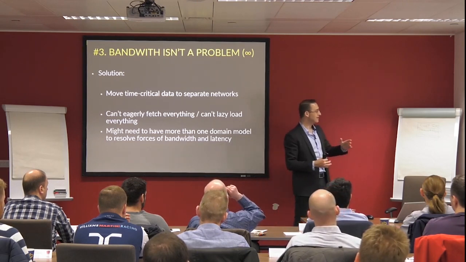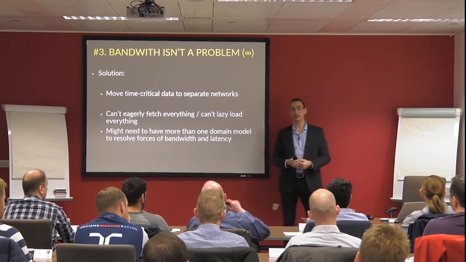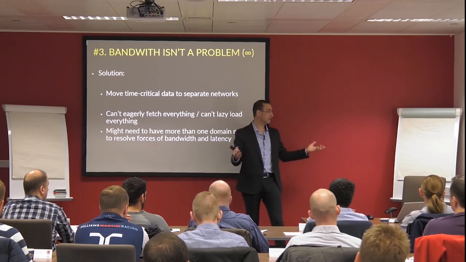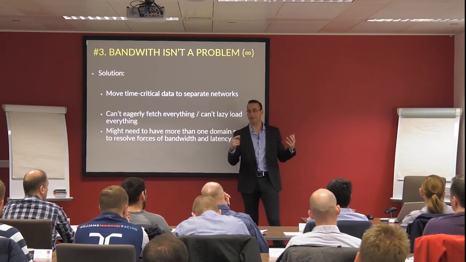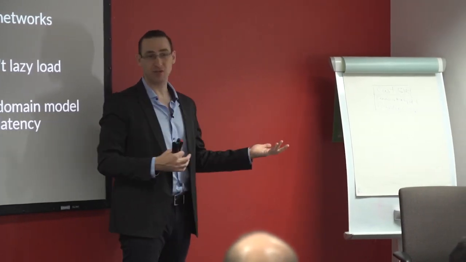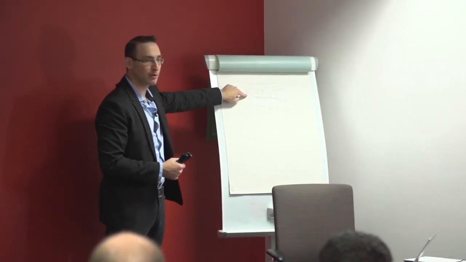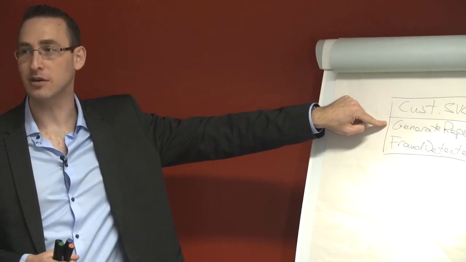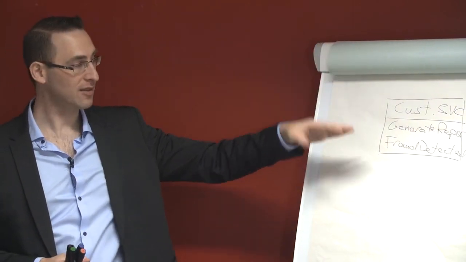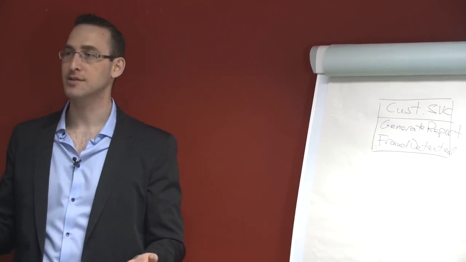Now, the thing is that the way something like this would execute by default, where you're talking about a single service layer deployed monolithically, where monolithically means just a single API, is that it really is first come, first serve. So if user A clicked generate report a millisecond earlier, that's the thing that gets run. If we don't have any other bandwidth left, then fraud detected is just going to have to wait. That's how it works.